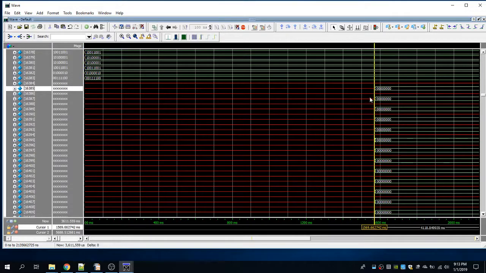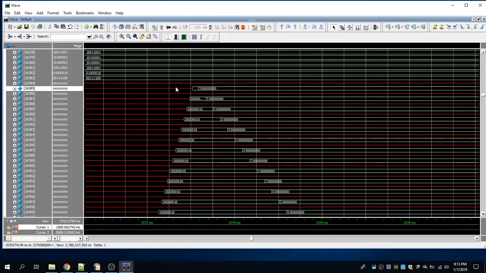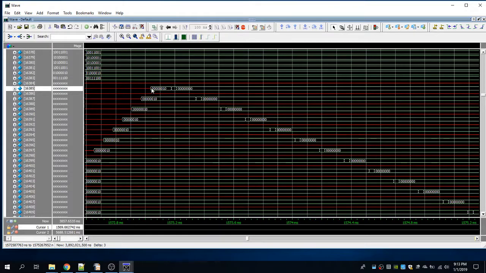Okay, so after the memory write reaches this point, it starts again to clear the memory. So the first pattern was 2, and the second pattern is 0.